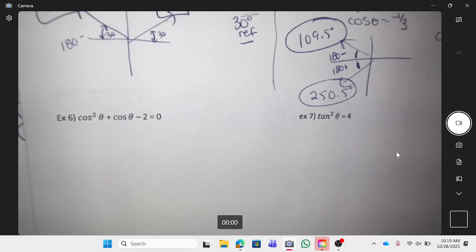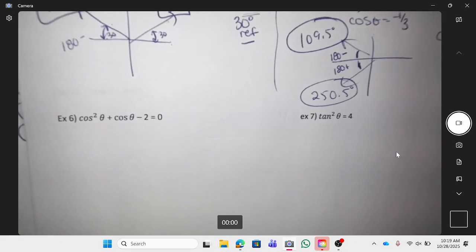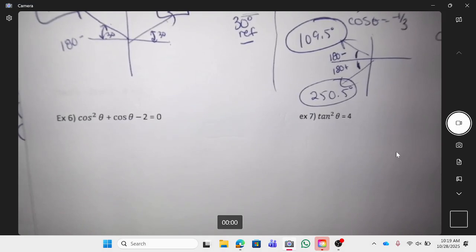Okay, and again, you can still check your answer, right? You just plug that in, see if that equation side equals that other equation side. Okay,